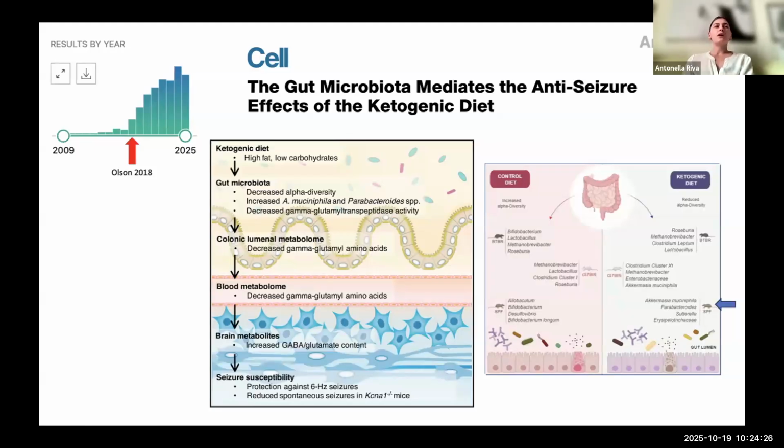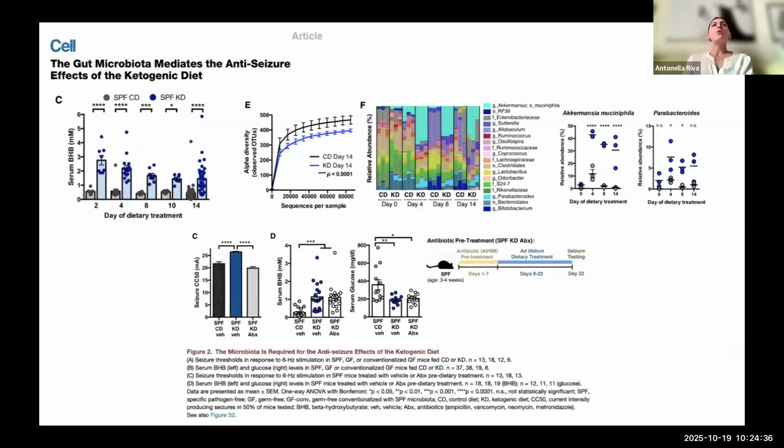So the ketogenic diet's effect on seizure response is indirect and is through the modification of the gut microbiota. And why is this work so important? Through other experiments, the authors also demonstrated that germ-free mice, where the gut microbiota is completely depleted through the use of antibiotics, do not have the same beneficial effect of the ketogenic diet on the control of seizures, because there is no place where the ketogenic diet can act. There are no bacteria, and so there is no better response to anti-seizure medication and no better seizure control.